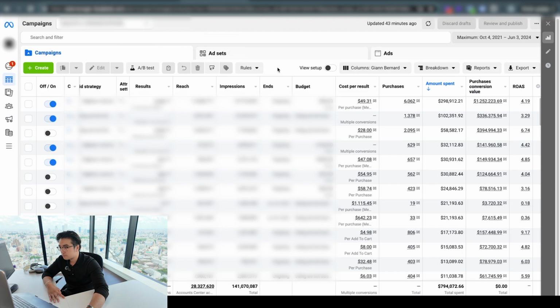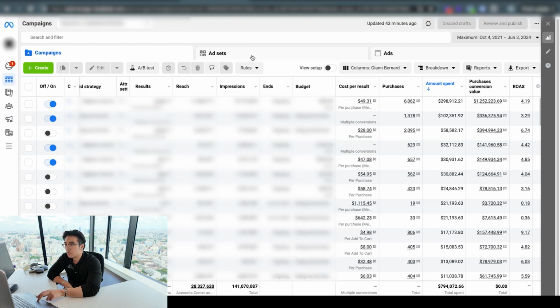Let's have an analogy. This is what really helped me back then: imagine your ad account as a house. Your campaign is the house. It's the bigger picture, right? Your ad sets are the rooms in your house, and the ads themselves are the things in the house. So as you can see, it just goes from bigger to smaller and smaller, but each subset is inside of the bigger thing. So campaigns, this is where you tell Facebook exactly what you want. You want more leads, more booked calls, or more sales. That's what you tell Facebook to do.